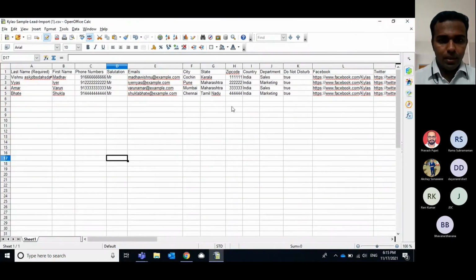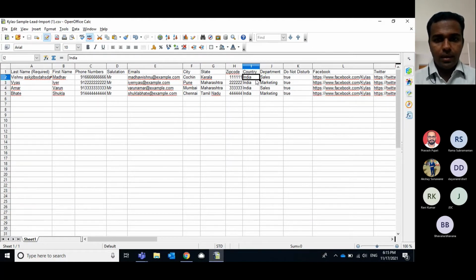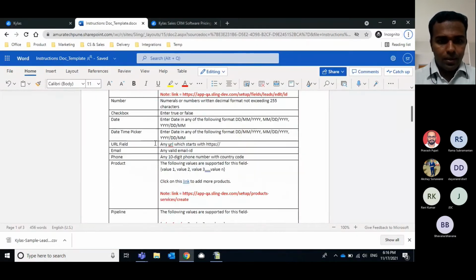For example, here in country, I have added India right now. If I'm adding a value like INT or something else, or for USA, if I'm adding USA instead, and in your system it is stored as United States of America, the system will throw an error. And the number field is straightforward.